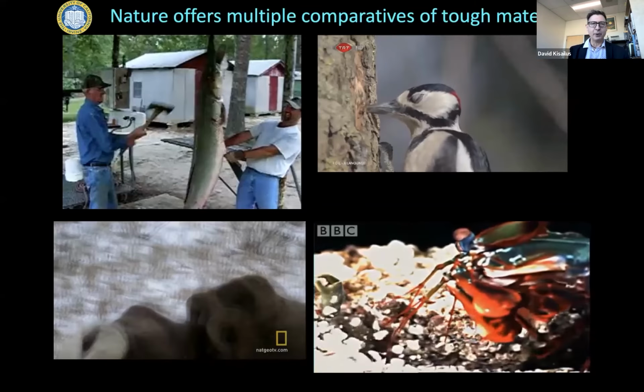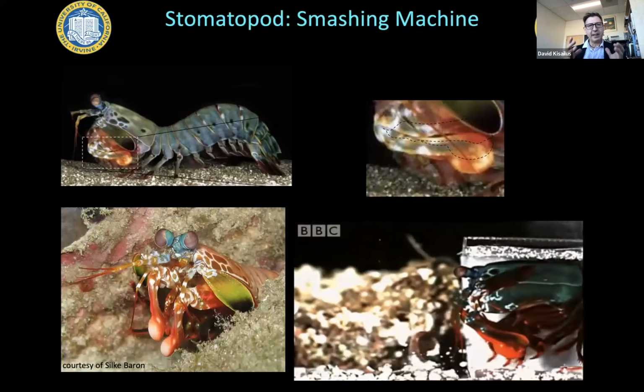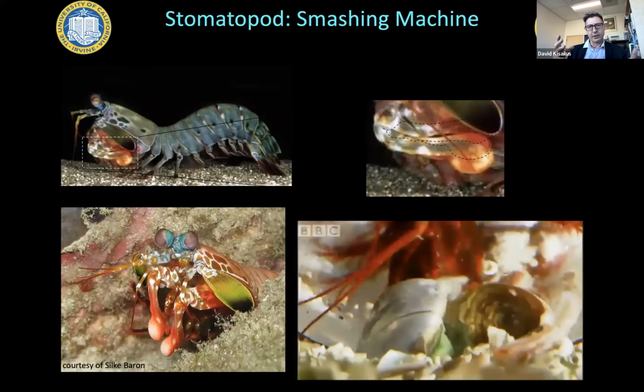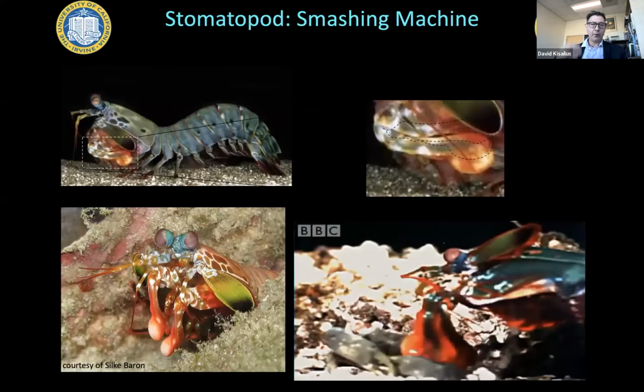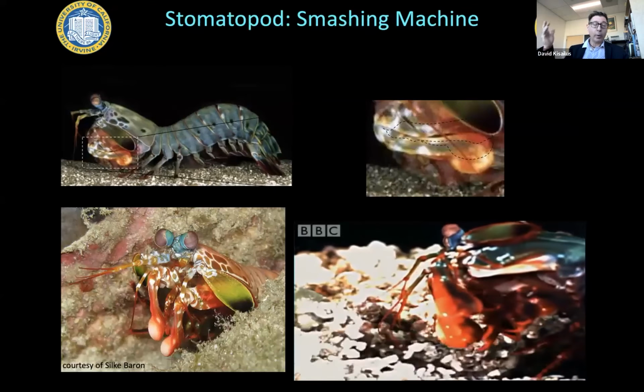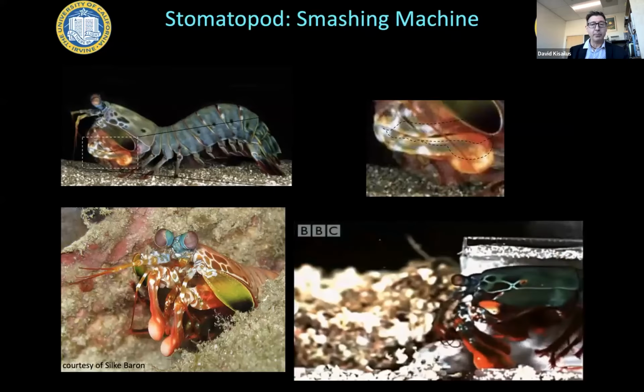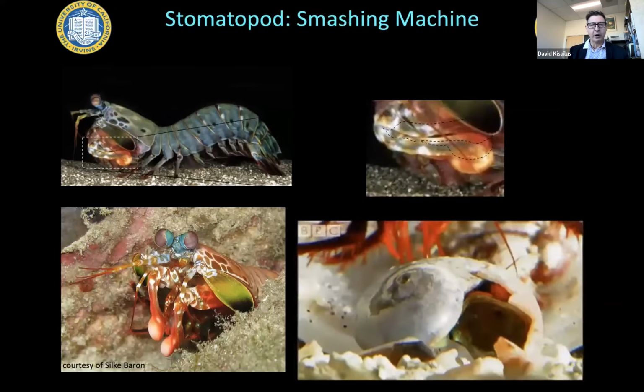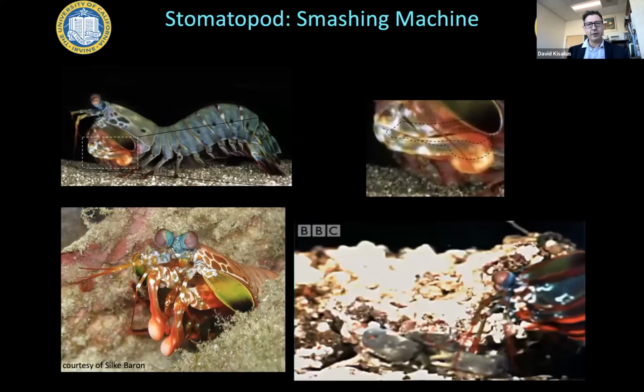So we study these organisms and we really look for design features in all of those organisms that we can utilize for automobiles, aircraft. We now have a project with the California Energy Commission on wind energy blades that are stronger and tougher, but it all starts with nature.